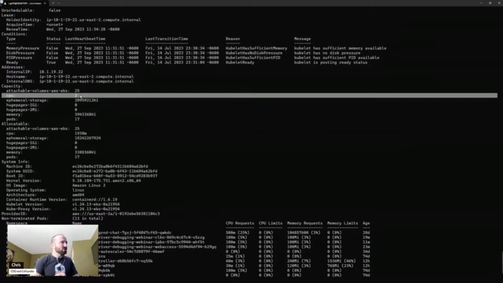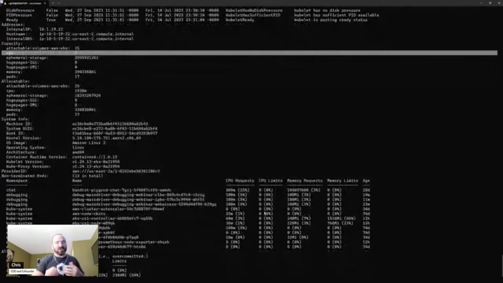So the main issue is we're asking for 20. We only have 2 available. So this is where, again, this whole resource request thing comes in that we just talked about earlier. We could lower the resource request on this down to 2 CPU, but the other thing to keep in mind